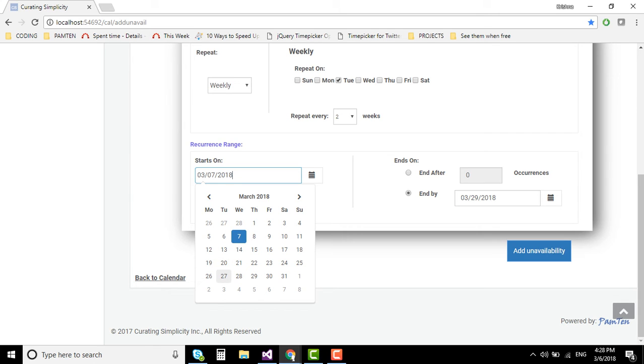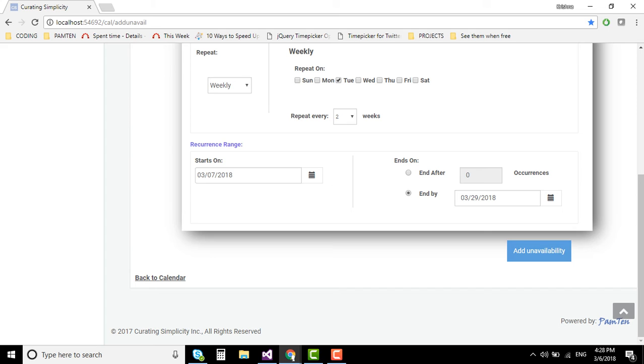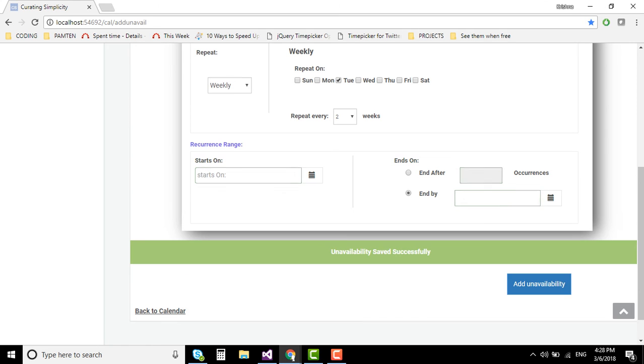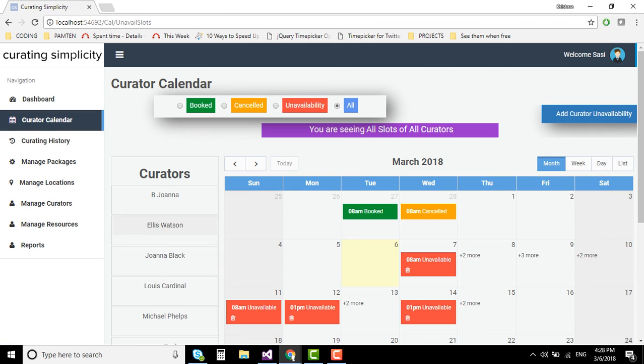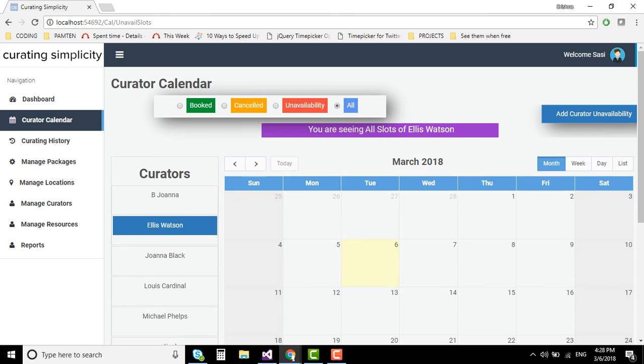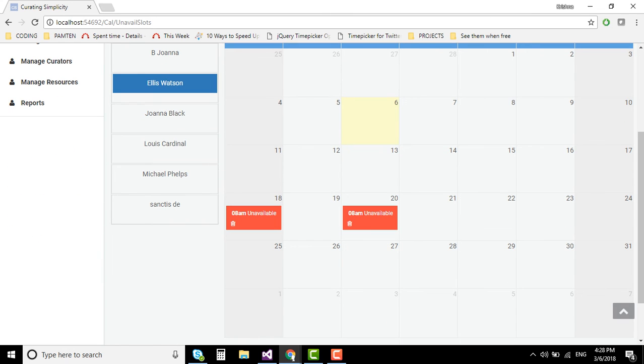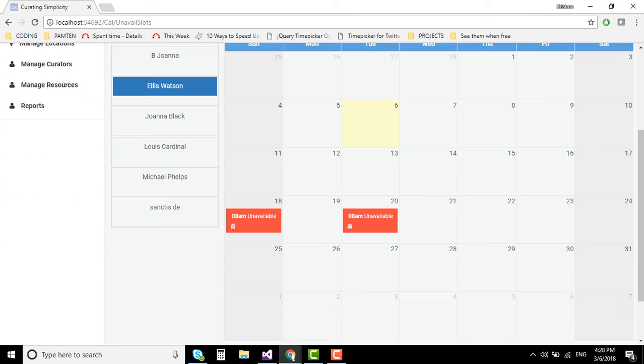so 3 slots must be created. So I am going to click on add unavailability. So the curator is Alice Batson. So here we can see